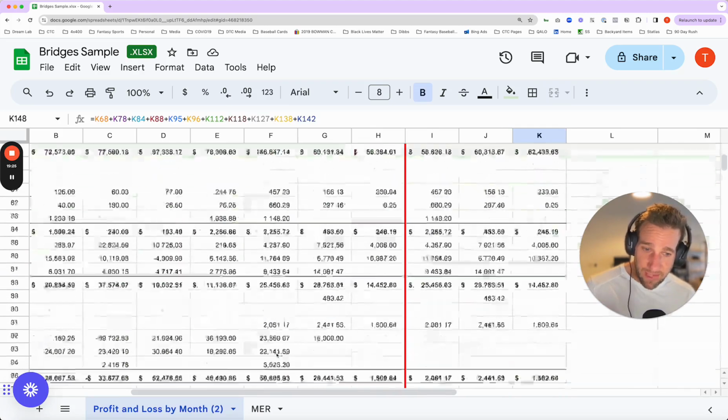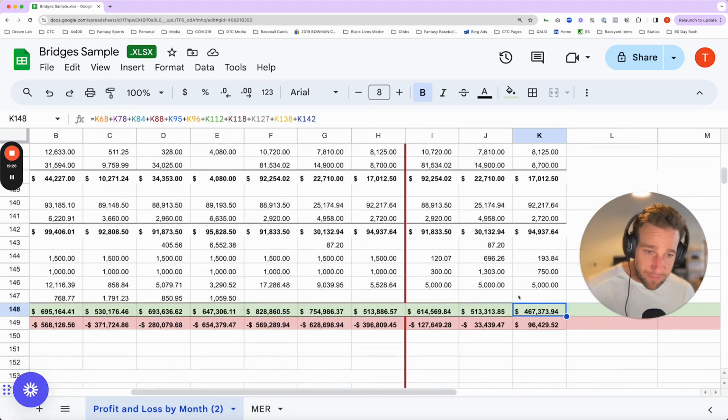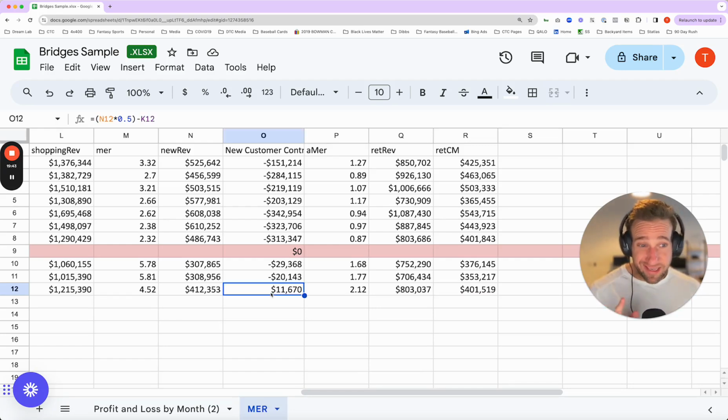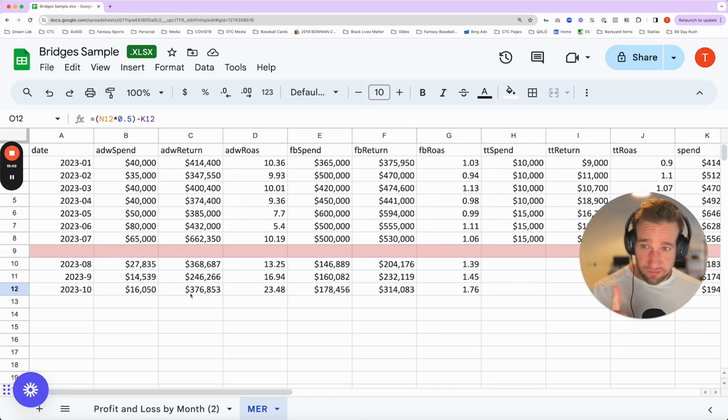So between my returning customer contribution margin and my other channel contribution margin, I'm covering my OpEx. Remember, going back down to October, what am I saying? OpEx, total expenses, $467,000. So that means as long as my new customer contribution margin doesn't deteriorate my contribution, I know that I can make money, that I can get this business to profitable. You can see that our action immediately for this business is to